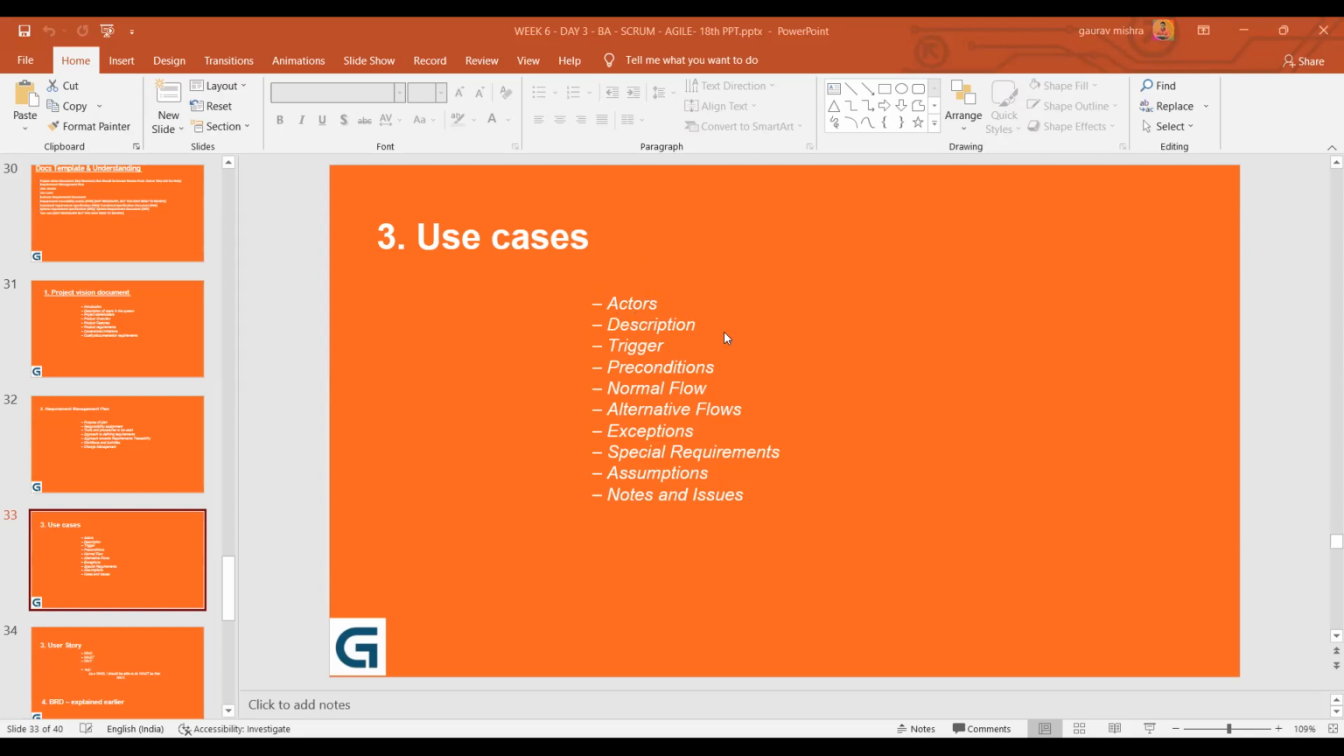Then you will describe this use case, including the trigger point: when exactly the scenario will appear, when that scenario will be triggered. The moment you define the trigger, you must be aware of the precondition. Precondition means, to land on that particular step of functionality, what should have already been done. For example,